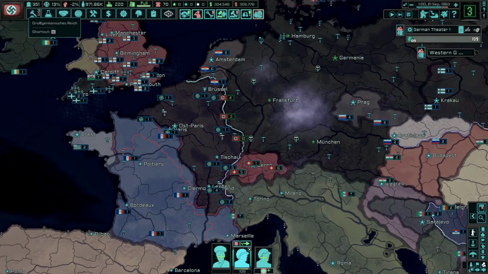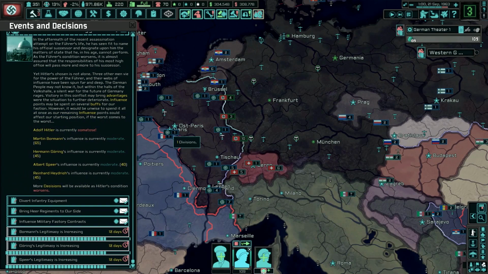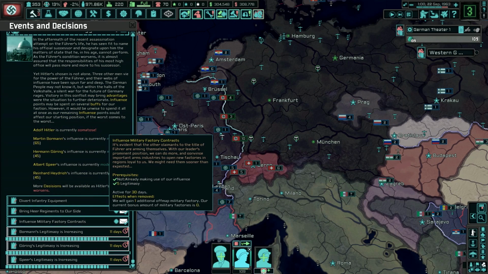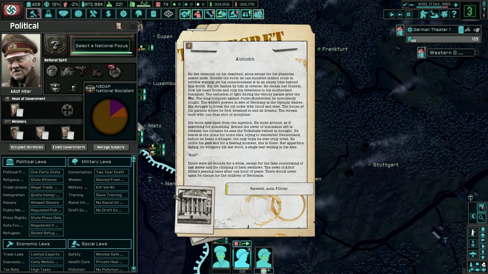So a chunk of the German story early on revolves around Hitler's poor health and eventual death. And even after he names the successor, chaos builds in the nation as four factions start vying for power. So over the course of around a year and a half of in-game time, you try and prepare your faction for war, all while getting these events about Hitler's quickly fading health, knowing when he dies, the civil war will